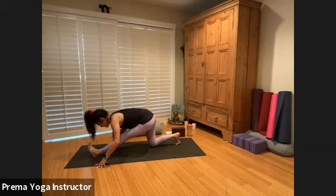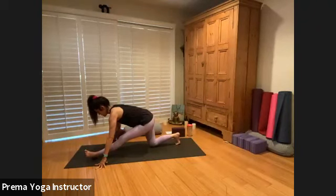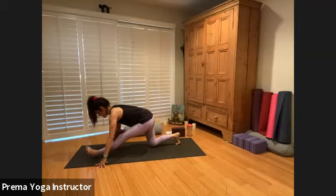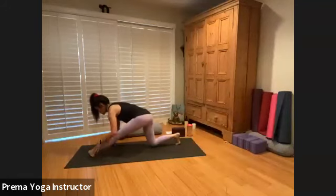And then everybody inhale, find a little halfway lift, and then decide if you want to try dropping your left foot toward the left, so kind of going out on a 45-degree angle. Pinky toes still probably off the mat, mine is. And then inhale, rotate back up through center, and then the funky way over toward the right. See if you can set your whole foot down this time and really feel a stretch on the top of